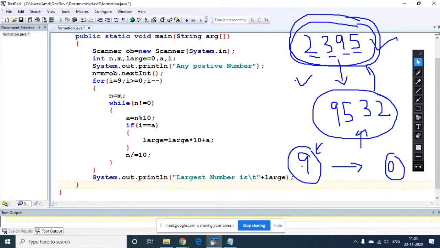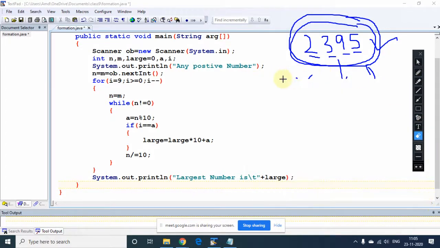Okay, so let me tell you again. I will show you the dry run. Please pay attention everyone. Step by step I will show you. So now the starting point is from 9. M was 2395. We are working on this number only.